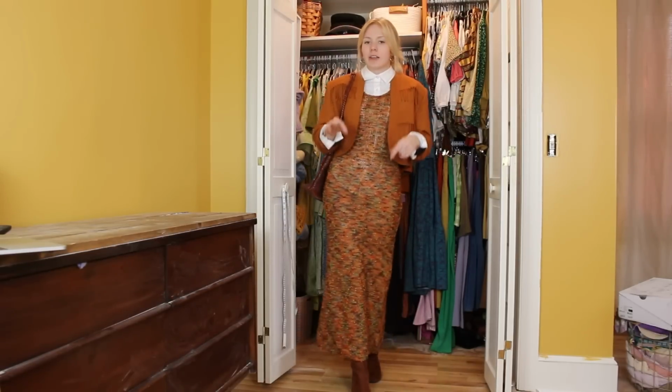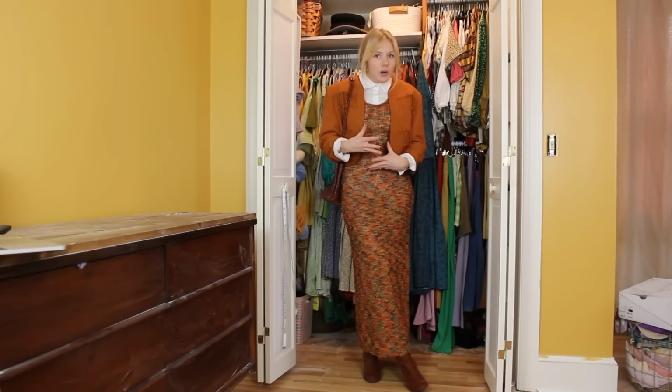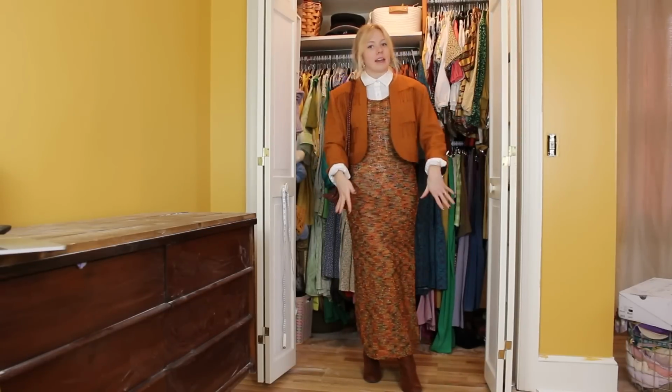I do want to challenge myself to do a more casual look. So I am going to do one that's really casual because I feel like all the outfits I was thinking of were along this vein. So let's do a little casual look. Okay, yeah, it does the casual thing I wanted it to do really well,